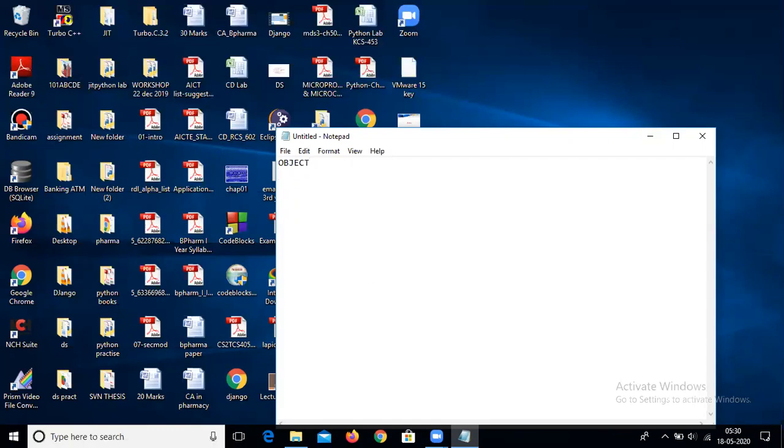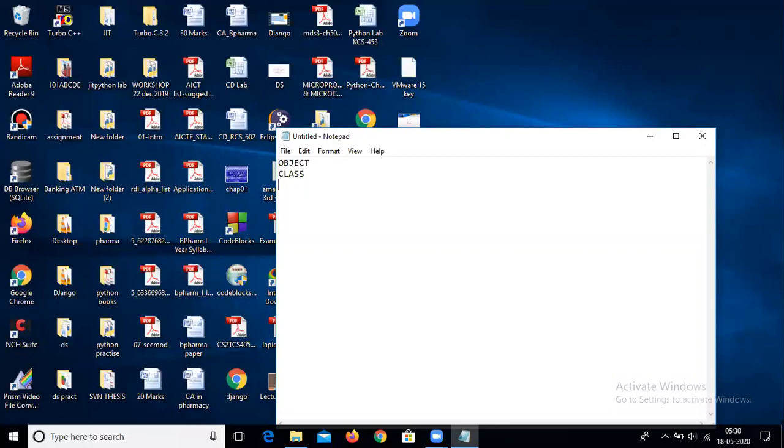Now let's come to the next topic, which is class. A class is nothing but a group of objects based on their features. The features of some objects are common, so we group them according to their features, and that group is called a class. Suppose we have a group of students in which the common feature is computer science. We group them, and that group is called a class.